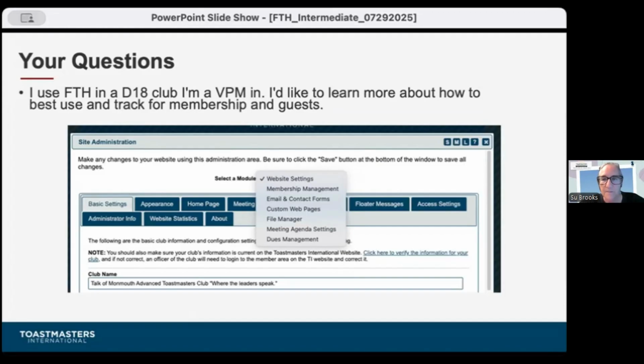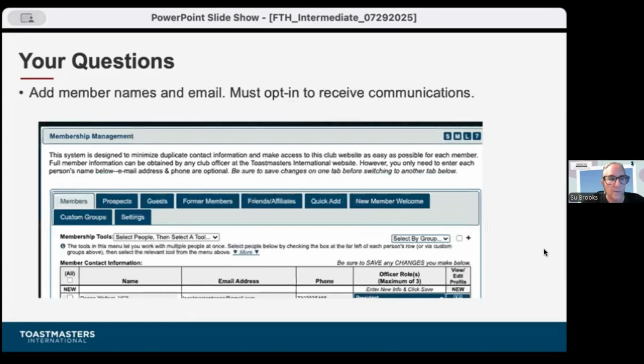Does that make sense? Either setting up agendas or dues management or membership management or creating custom pages. And it could be different groups of 3 based on the things that you believe your club handles. Okay, I think I understand. But you could have up to 3 people. Here we go with the limited access. Okay.